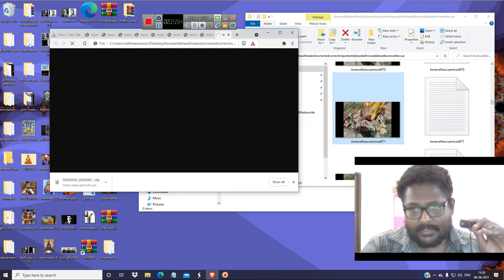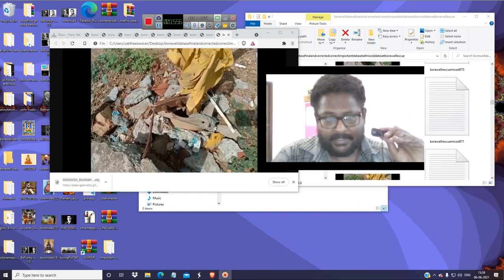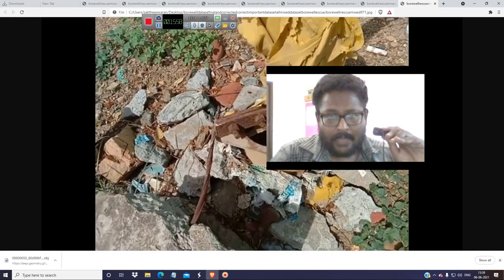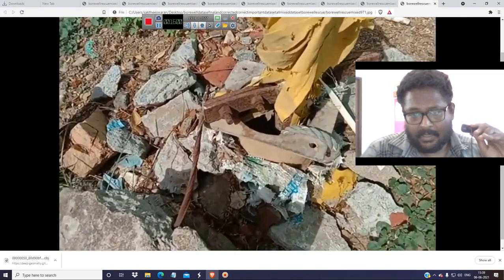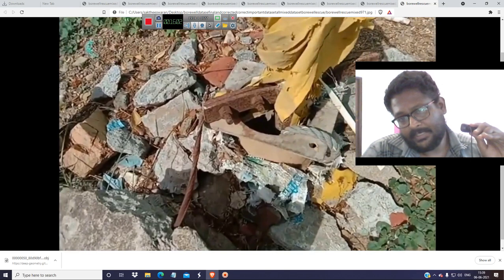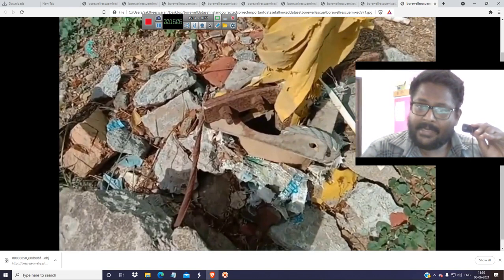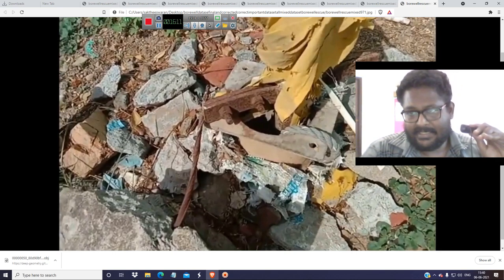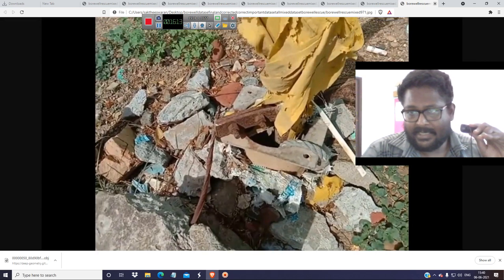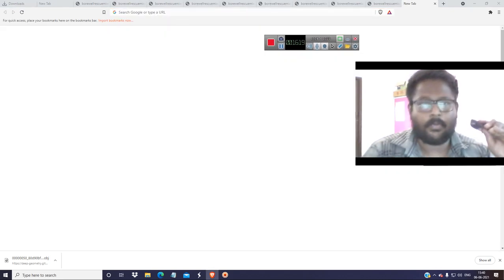So this is my India. I don't want to degrade my country even though I am an Indian. As you can see here, this borewell is not completely closed. It has been closed in a way that it is not maintained properly with a proper cap. This is the kind of condition they leave the borewells in, and children fall into it. There are lots of borewell deaths.